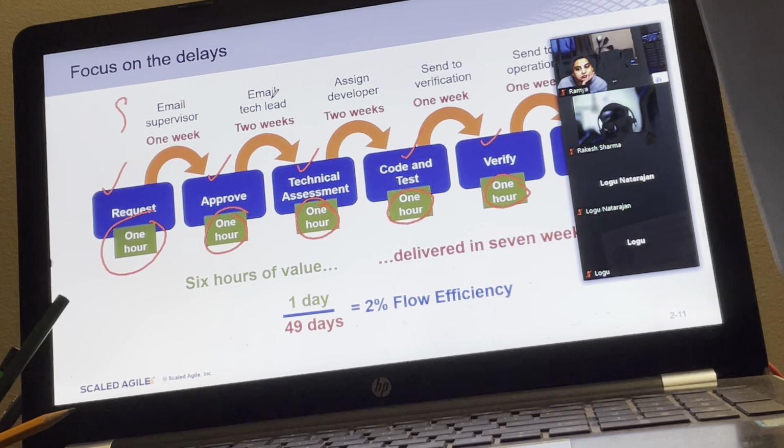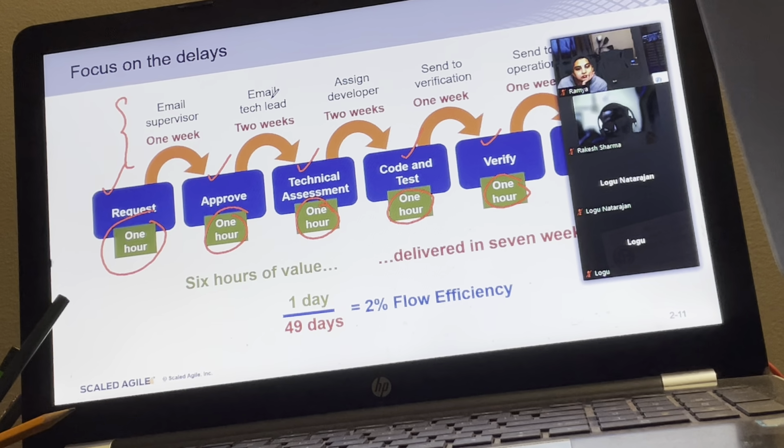Then we also have the waste, the waits. The defect gets raised, it remains 1 week in the email before it gets approved. It takes 2 weeks before the next person takes the action. So there is a lot of waiting time happening here. If this is your data, it shows that the work is taking 7 weeks, whereas the total work done on this particular defect was just 6 hours. This way of analyzing value added and non-value added items shows how much work has really been done and how much was the overall duration.